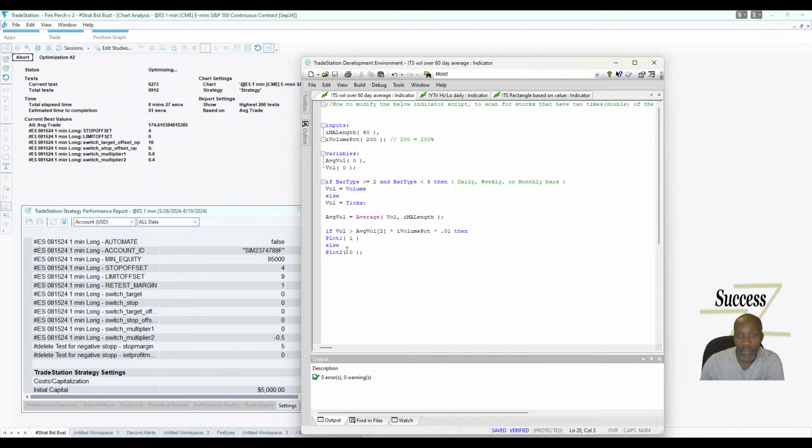And how could we be slick about it? Instead of just plotting 1 and 0, we could plot how much it is over the 60-period moving average. So I'm going to put begin, end. I'm going to move this in. I want to find out what the difference is. We'll have a variable called